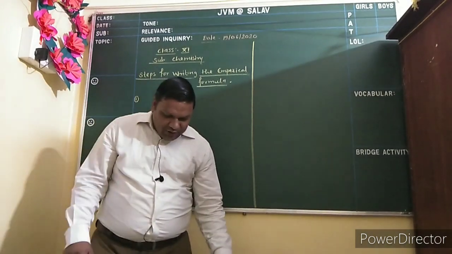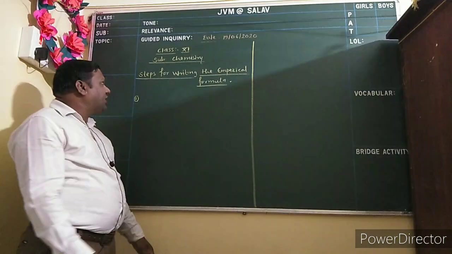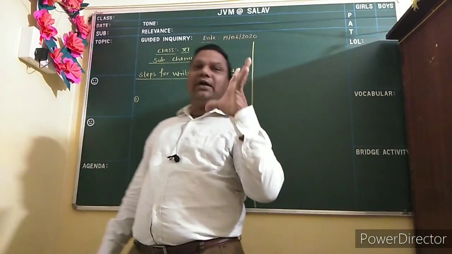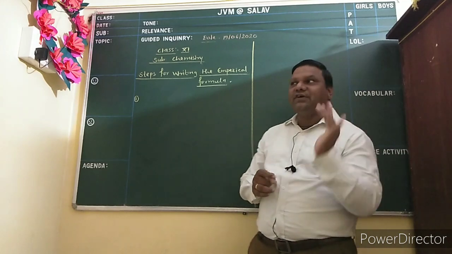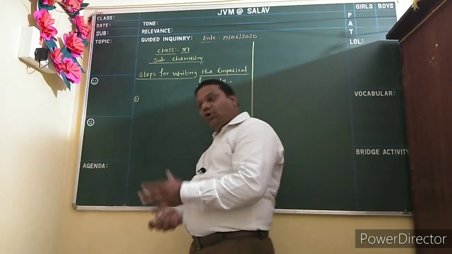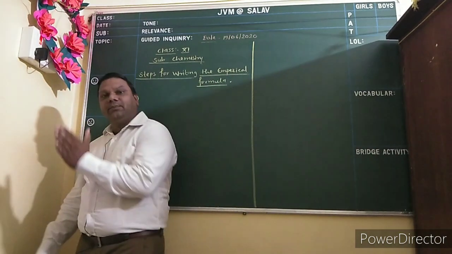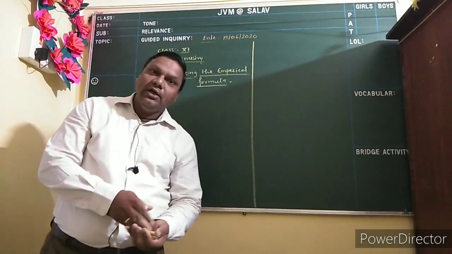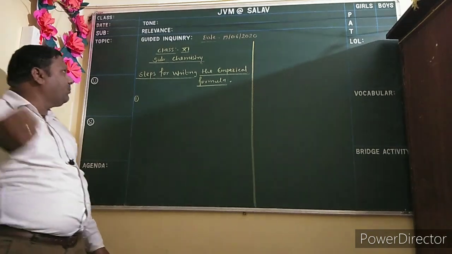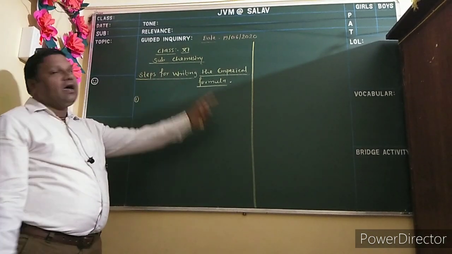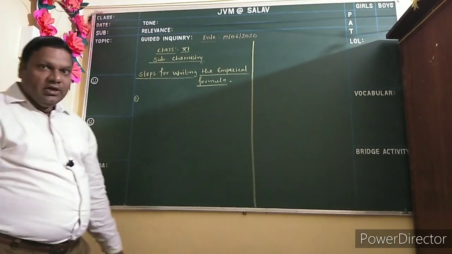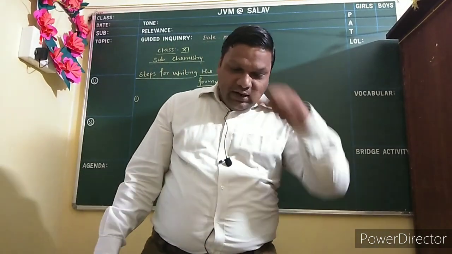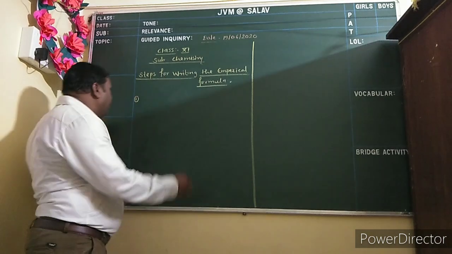So today we discuss the steps for writing the empirical formula. Suppose some data is given, like percentage composition. On the basis of percentage composition, how do we determine the empirical formula? For determining the empirical formula, some steps are used. The first step is to divide the percentage of each element